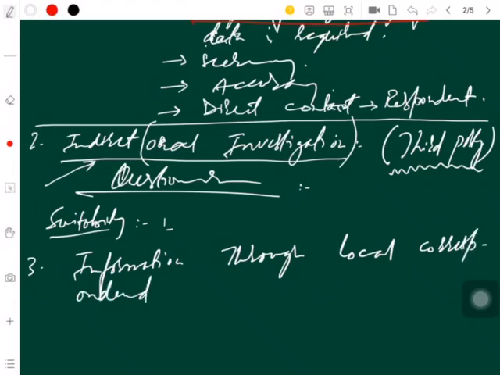Okay, when your field of inquiry is so large that you require a piece of information from every nook and corner, you will have to appoint different correspondents who will work for you and get you the data and all. So information through correspondents is a method in which local